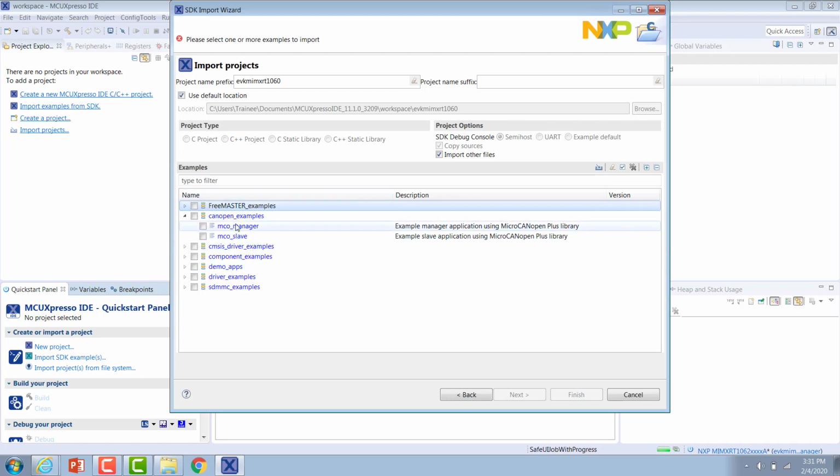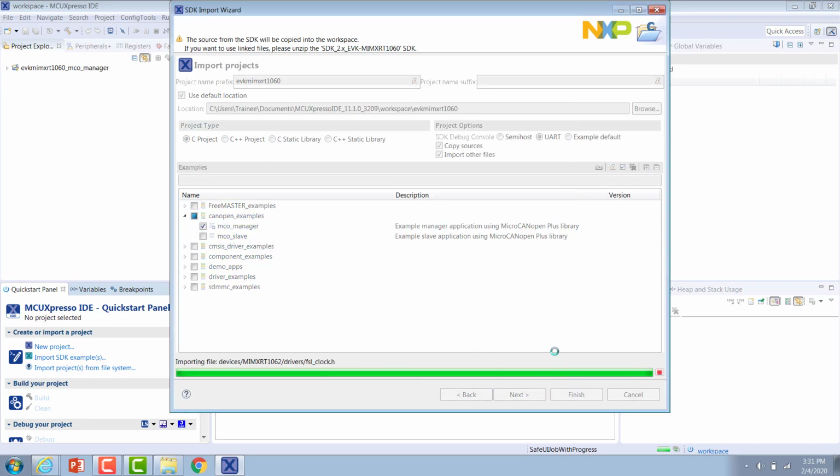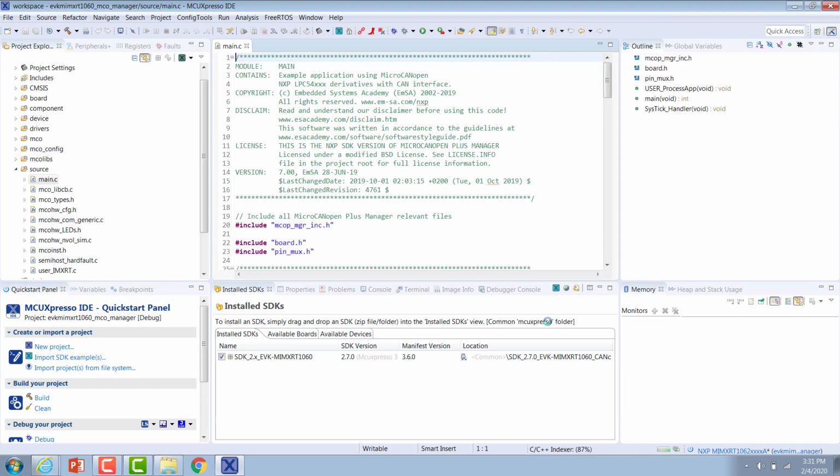So I am going to start with the Micro CANopen Manager example, select that and click Finish, and this will